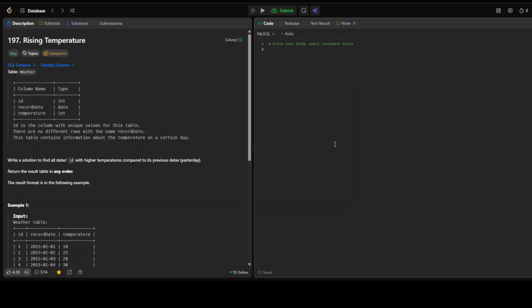Today's topic that we'll be covering is LeetCode Question 197. This is about rising temperature. We have to write a solution to find all dates ID with higher temperature compared to its previous dates. So compared to its previous day, for example,